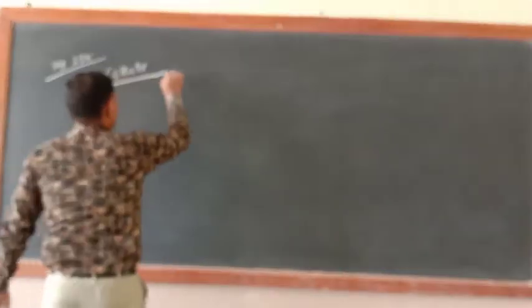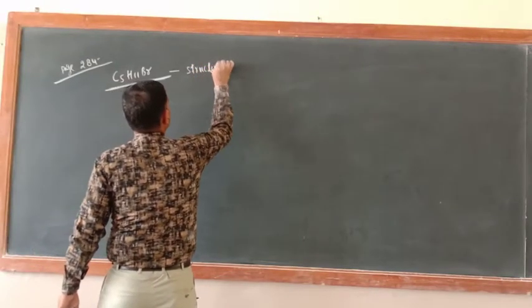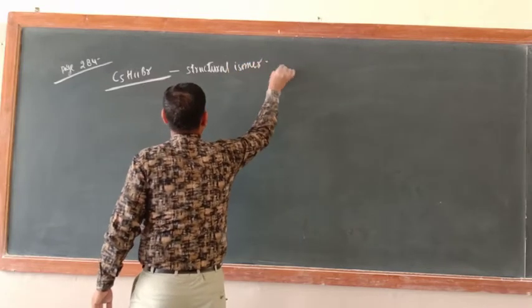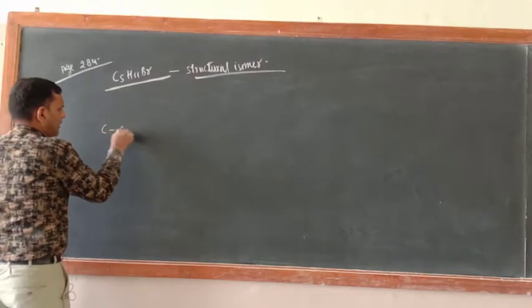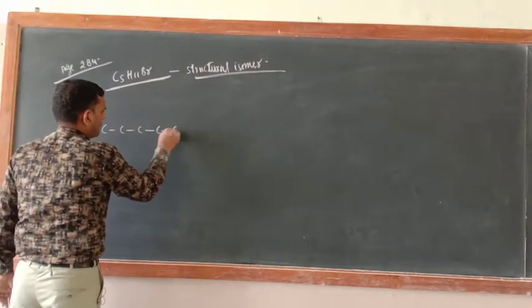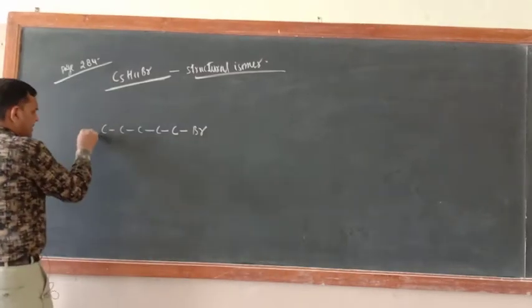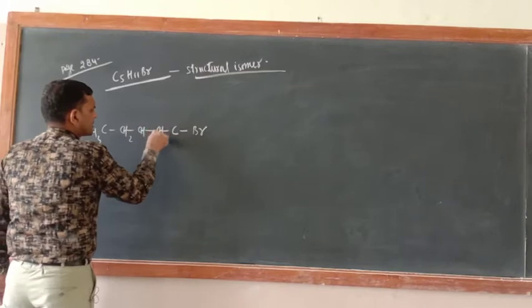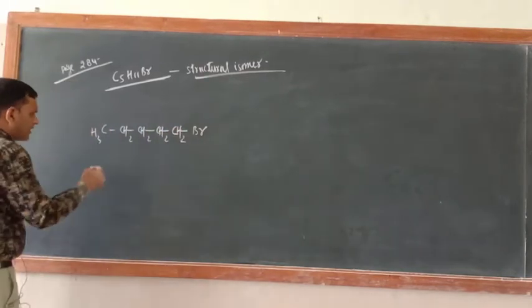You have to write their structural isomers. Just see, it is simple: 5 carbons, 1 2 3 4 5. The first one is very simple: CH3, CH2, CH2, CH2, CH2, Br. Another one, just see,